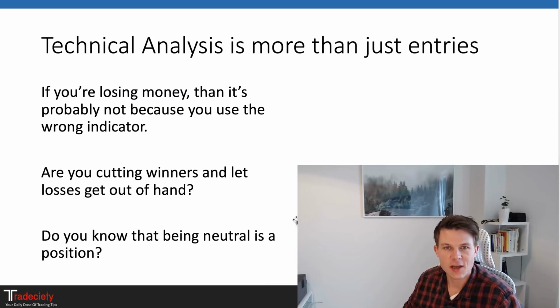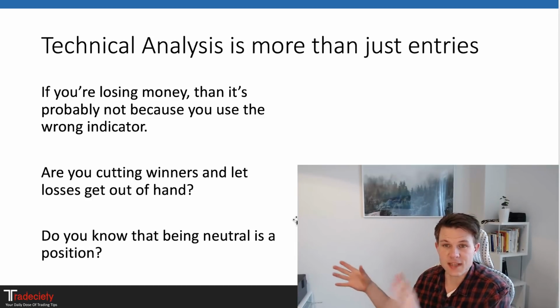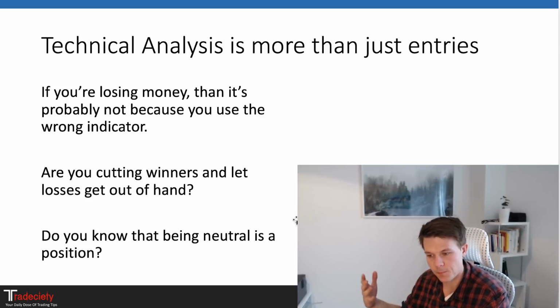If you're losing money right now and if you're struggling, then I am very, very sure that it is not because you're using a wrong indicator setting or you are using a wrong indicator, but the most likely reason is that, first of all, you don't understand really what you're doing, and second of all, you're probably not managing your trades in a good way. When I look at a trader and at his trading approach, at his performance, even though he's taking good trade entries, whatever this means, what happens afterwards is not really making sure that he's able to see the success.